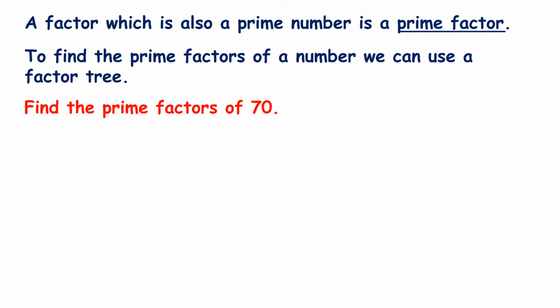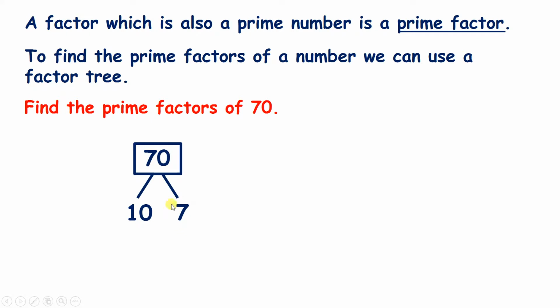A factor, which is also a prime number, is called a prime factor. To find the prime factors of a number, we can use a factor tree. So if we want to find the prime factors of 70,